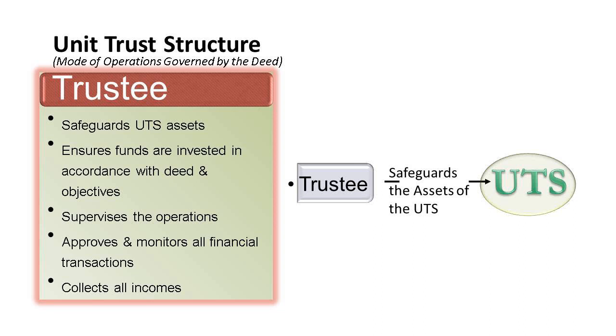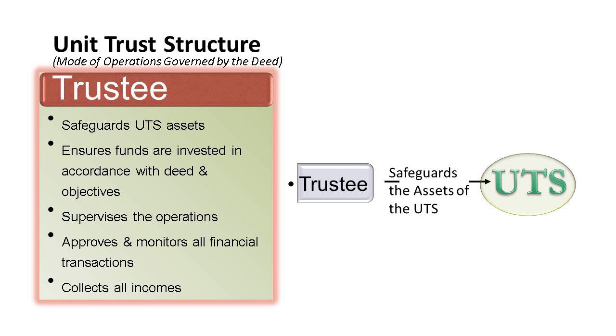Supervise operations, they oversee how the fund manager is doing, whether everything is okay or not. They will have an overview of the buying and selling and so on. Plus, they approve and monitor all the financial transactions. So the money all goes through their name. Everything, buying and selling, they take the money, buy the shares. The fund manager just decides what to buy, what to sell, but the money will be under the trustee's name to pay for it. And when the fund manager says, okay, we sell, the money will be paid to the trustee's name, because all the time the money is under the trustee's name.